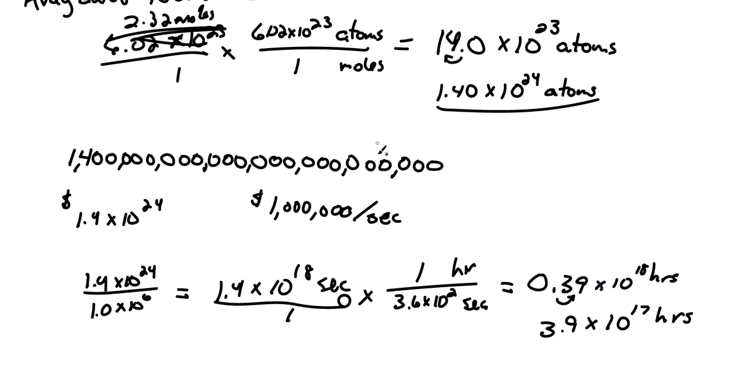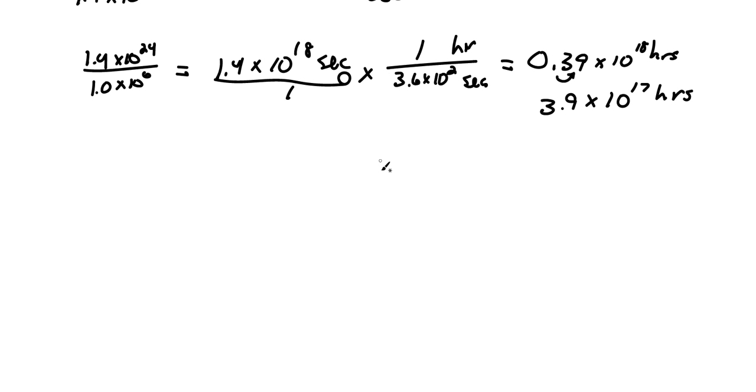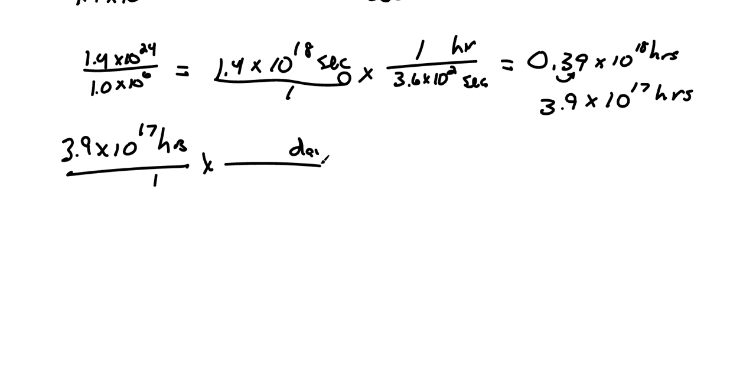Okay, still a huge number, can't really relate to it. So let's work with those hours. We got 3.9 times 10 to the 17th hours. Let's turn those hours into days. Let's see. Day on the top, that's what we want to get. Hours on the bottom. We know 1 day is 24 hours. So if we take this number divided by 24,